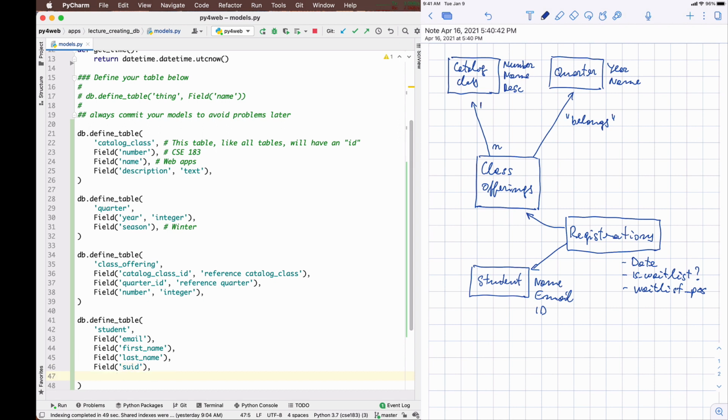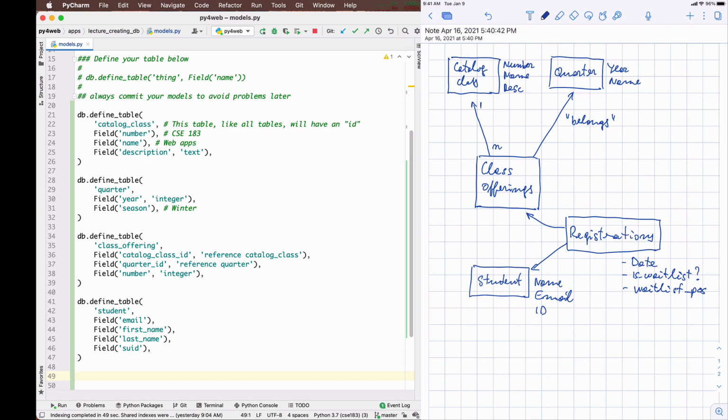And maybe it has other fields, okay? I don't want to flesh it all out. But essentially, this is a student table, and now I need my registration table.